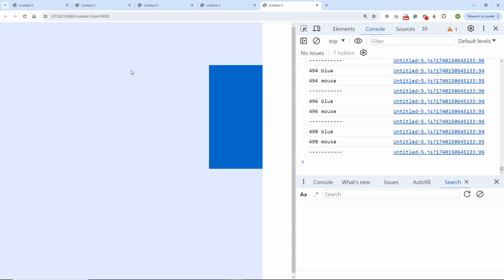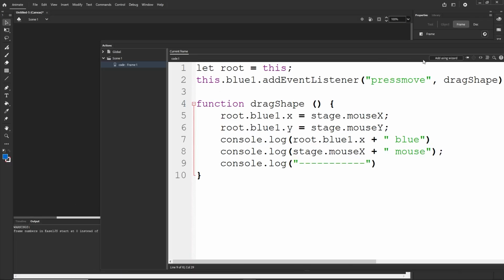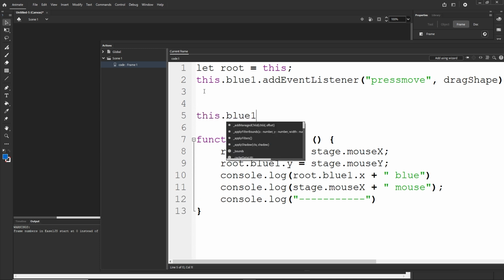The reason for this, and this is something which is essential to understand, because otherwise calculating the offset can be confusing, is this: I'm going to say this.blue1.x is going to be equal to 500 like so,